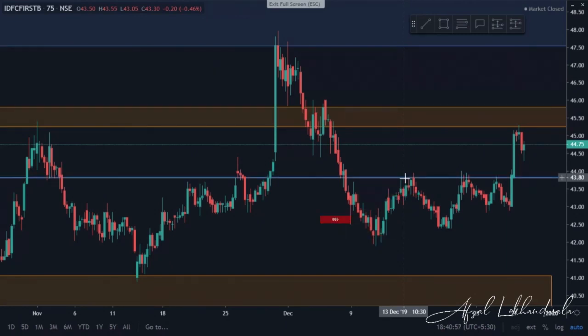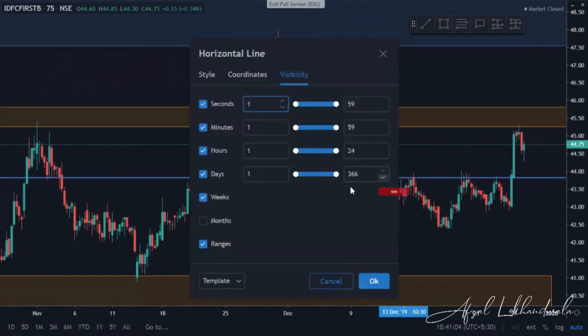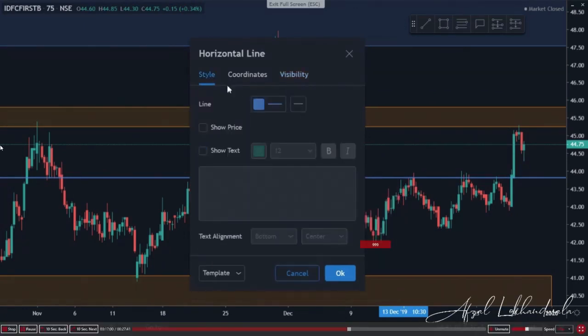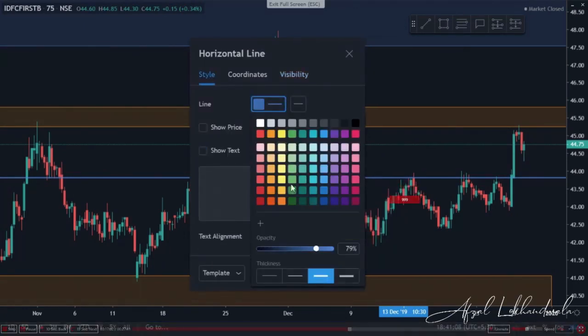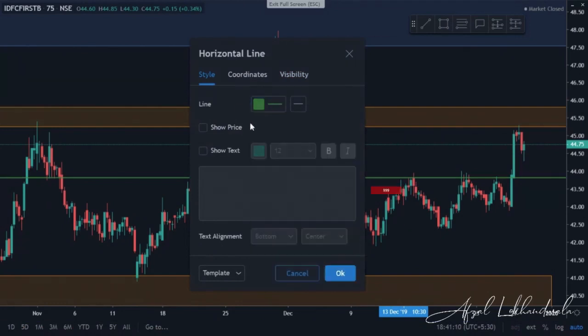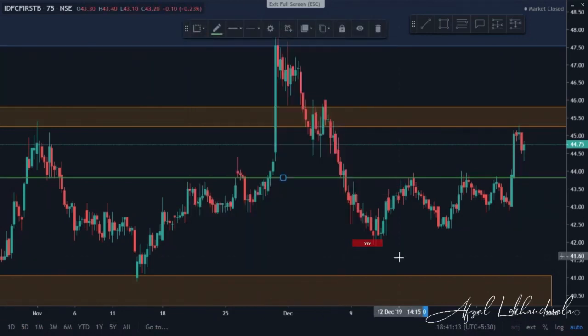Now, since this is a 75 minutes chart, we will not use the blue color. Blue color is for the weekly chart. For the 75 minutes, we will use dark green. We click OK. Now once again, coming back to the point, as far as the 75 minutes time frame is